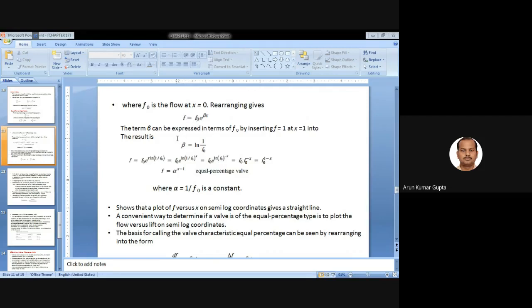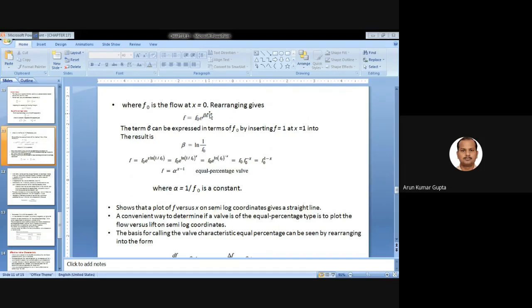x equal to 0 means almost the closed position. Closed position means the stem is at the 0 point. But even though, we are defining the flow is not 0, f is not 0. It means we are giving the condition that there is some leakage. Some leakage could be a design mistake or something, but this leakage is considered in practice. That's why we put this condition. Otherwise, it can be infinite.